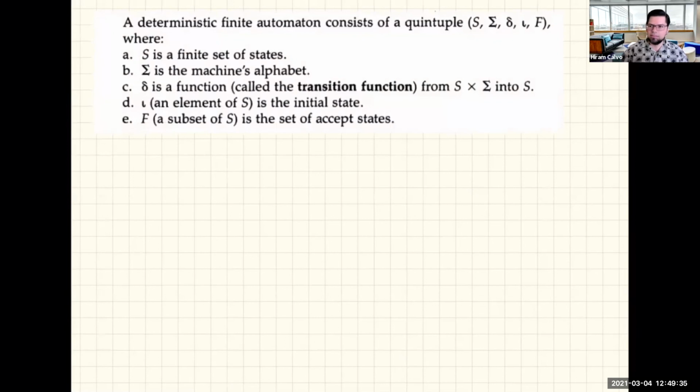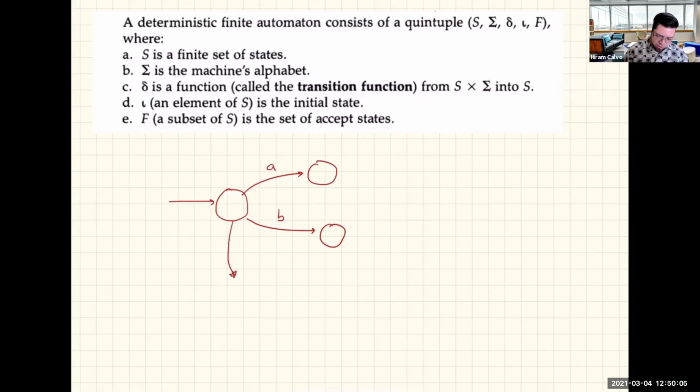It's very important to notice that it's deterministic because at every point we will have one and only one option. This means that if we have something like this, A goes to this state and B goes to this state. This is deterministic. Non-deterministic will be when, for example, we have something like this and also with B, we go